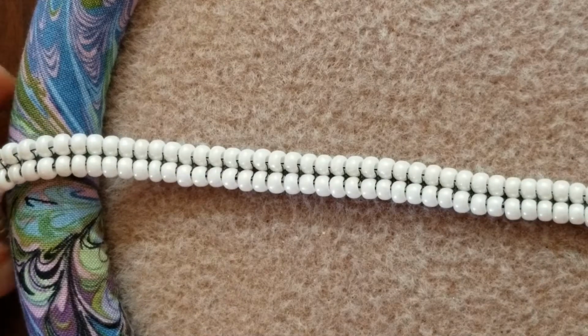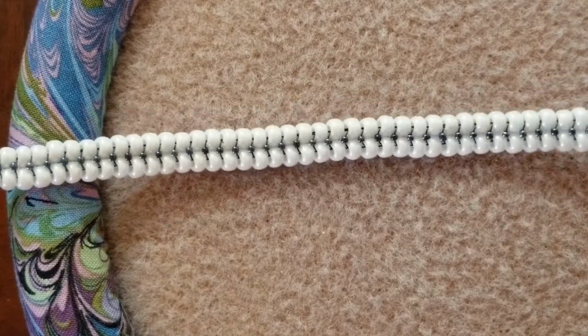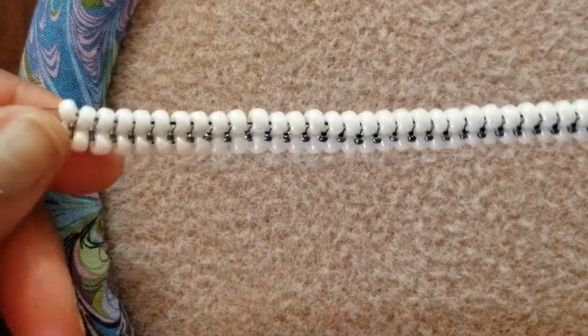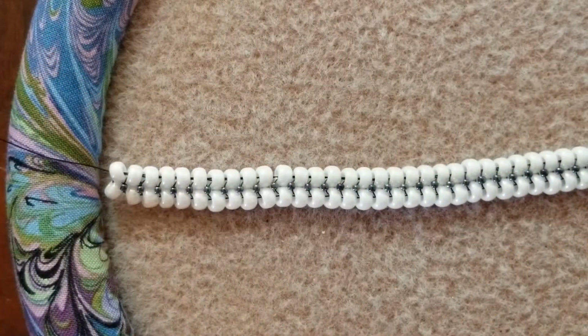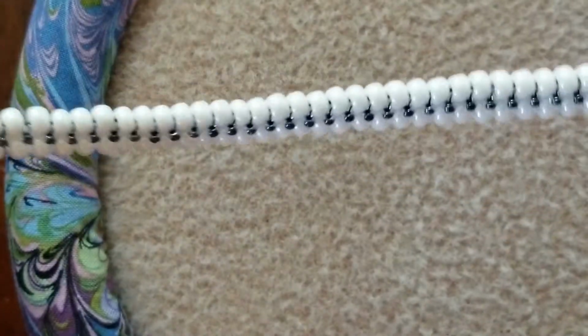Okay, so I have completed weaving the length of my bracelet here. I normally wear about a 7-inch bracelet, but because this is going to be a bangle, I actually measured it. It's 8 3/4 inches, which is a lot because it has to fit around the widest part of my hand. I've got a fat hand here, but